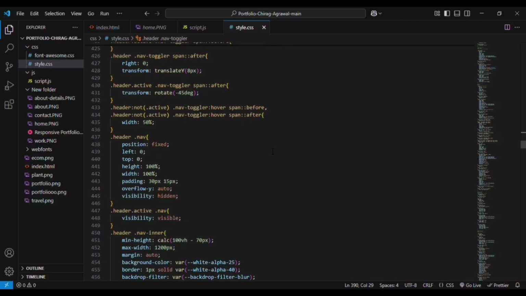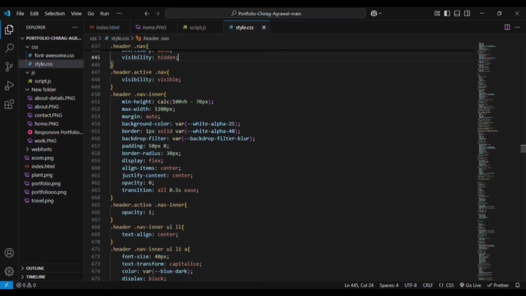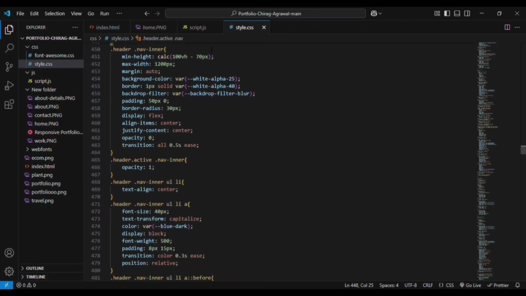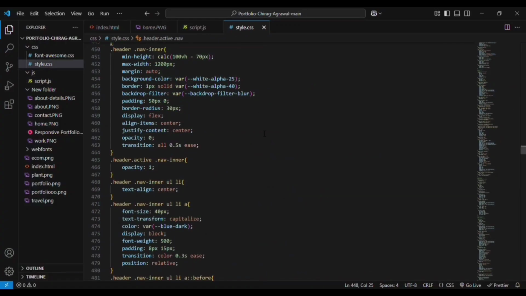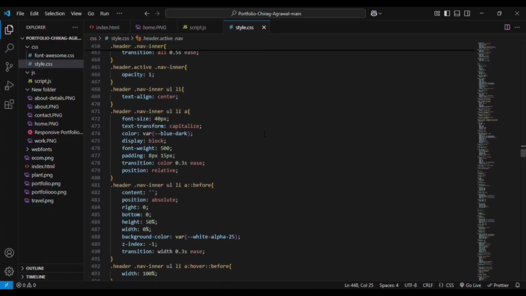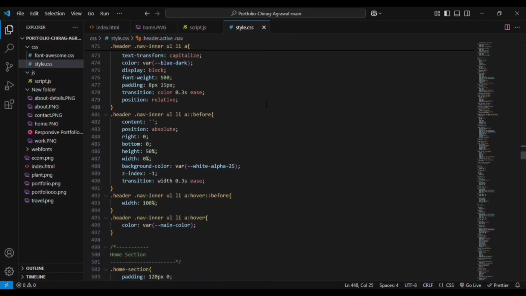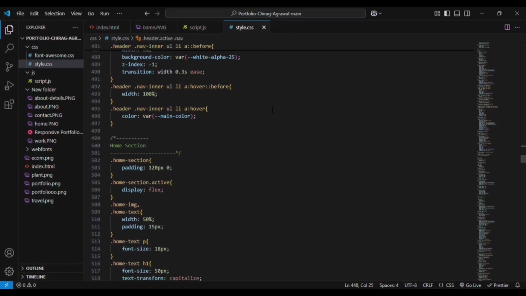Then we can go to the header nav. Position is fixed, left is 0, right is 0. It will align exactly the center. And overflow y equal to hidden, visibility is hidden. So whenever we get the nav header active, then only the nav bar will be visible to us, as I told you before in the script, the JavaScript that I have told you before. The nav inner values are given. Then another list item anchor element is getting the values, that is display, font size, font family that are added. And then you can go to the next section,